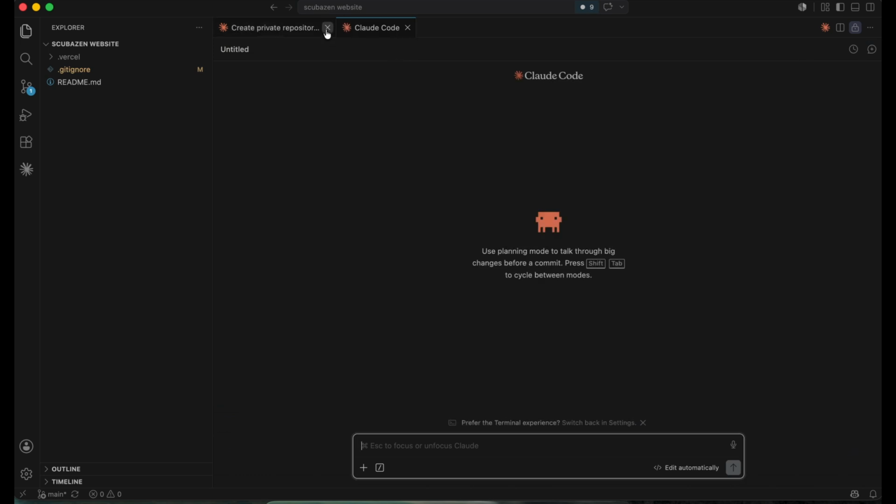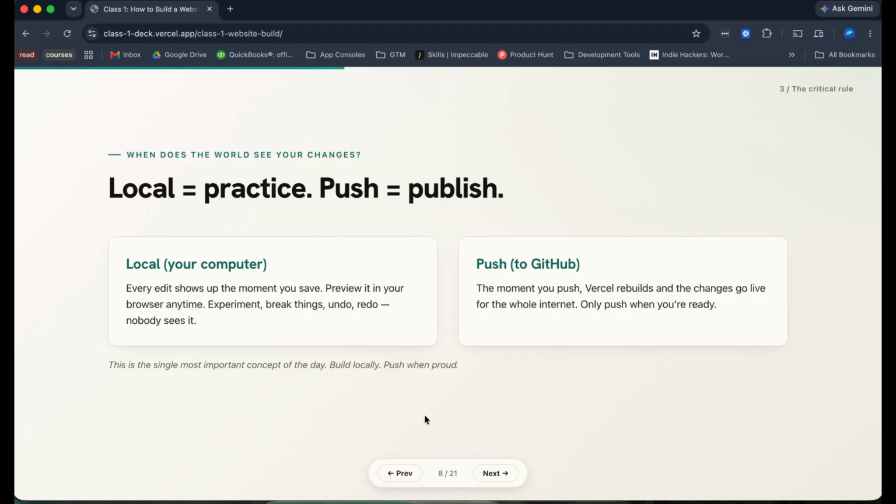Now that we're done with everything there, what we want to do is open a new session for when we're ready to code, so it's a fresh slate and a fresh start. I already explained this, but just to reiterate, where we are now is everything that's local on your computer, and all the coding that we're doing is practice and development, and it's not really going live. But once we push to GitHub, that's basically publishing it, and people can start to see it.